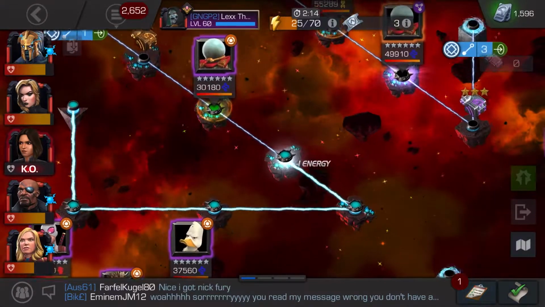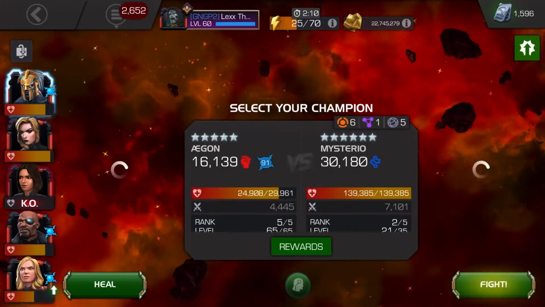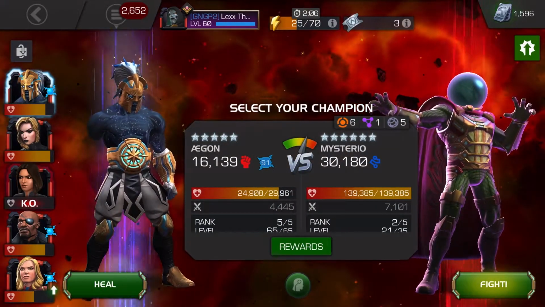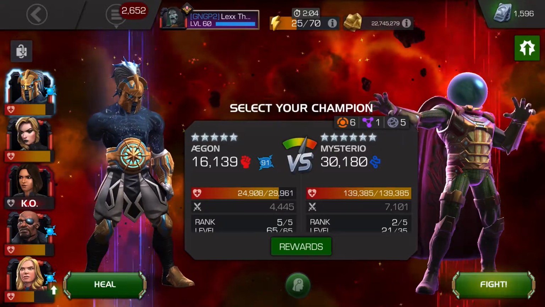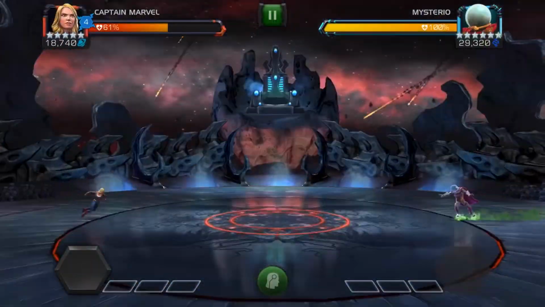Mysterio, he's not hard, but it's not fun. He has enhanced poison. He has the masochism on. Masochism is what makes him really a pain, just because any debuff you apply to him, like the parry, the stun there, it will kind of shrug that off and it won't work. But